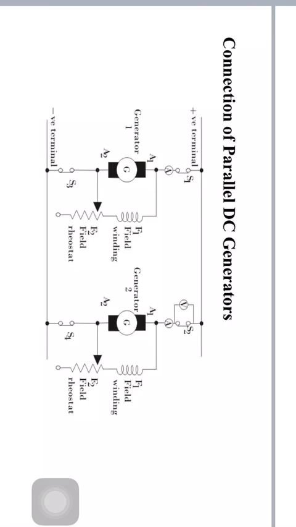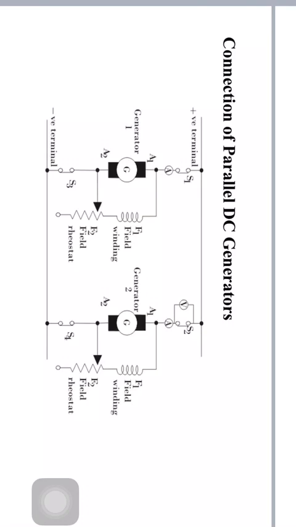In the previous case it is not supplying any load. So what are we doing? If generator 2 is to deliver any current, then its generated voltage E should be greater than the bus bar voltage V. In that case, the current supplied by it is I equal to (E minus V) by RA, where RA is the resistance of the armature circuit, and by increasing the field current, generator 2 can be made to supply a proper amount of load. Now generator 2 is also supplying load.